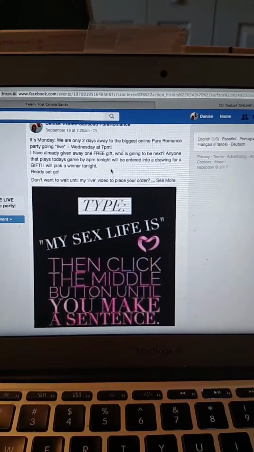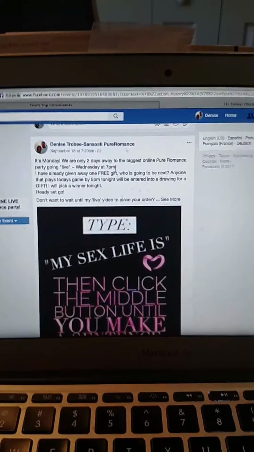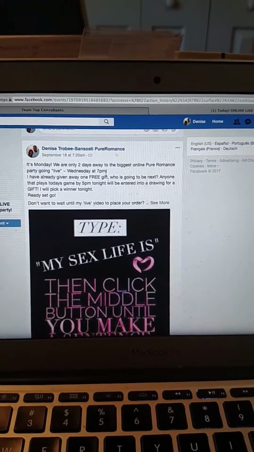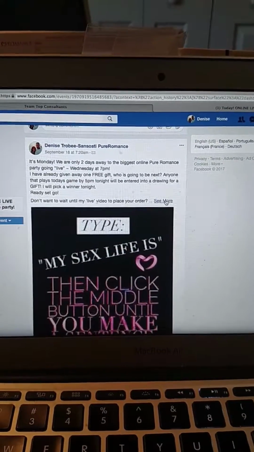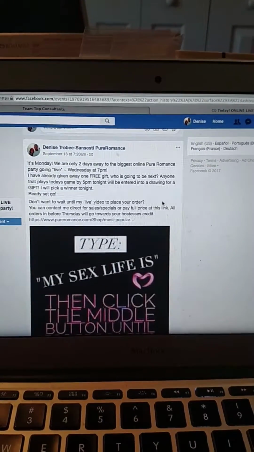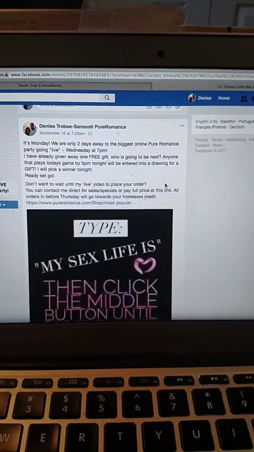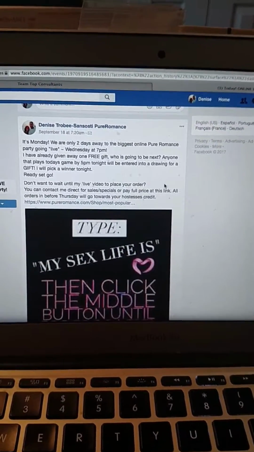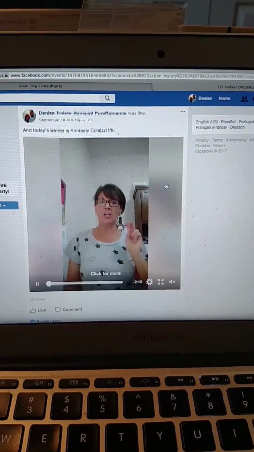Here was another game that I played. I played a game every day leading up to the event. I only had less than a week to do this. And again, it doesn't matter how much time you have in advance. What matters is how much you are engaging. I honestly feel as though the more advance notice you have, it actually doesn't work out. So they played that game, and there's the winner for that one.